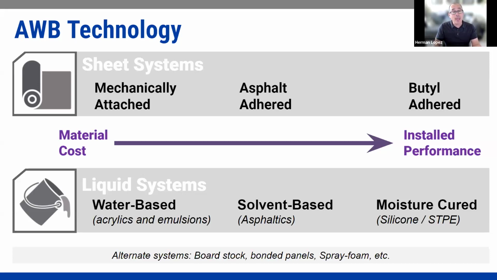Some of the same problems that we have with the self-adhered membranes, but also because it's a solvent-based product, that solvent has to off-gas during the curing process, causing the material to shrink a little bit, sometimes, or I shouldn't even say a little bit, sometimes quite a bit. You can install an asphaltic material at 90 mils of thickness, and it may cure down to about 45 mils. At the face of the wall, that's not really a huge concern, except for the fact that it's technically drying out, and you're kicking out potentially some VOCs